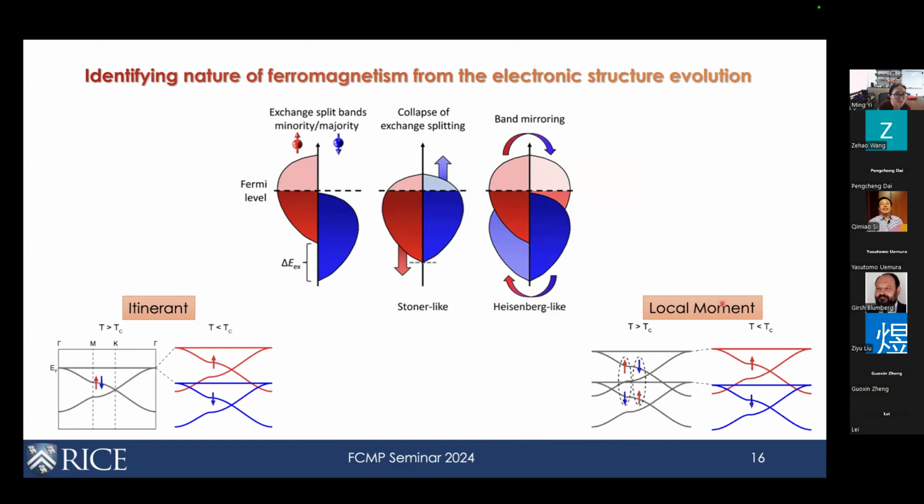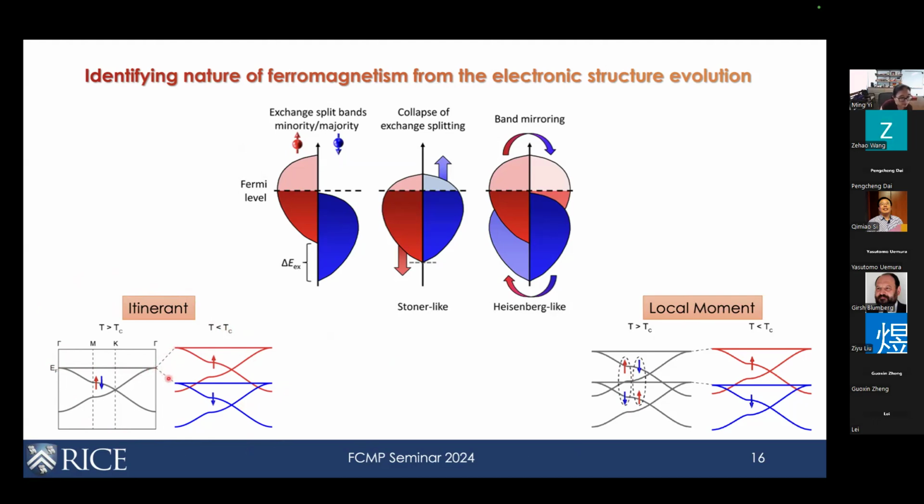As we know, there are two extreme limits of understanding the nature of magnetic order in quantum materials. In one limit, we have the Stoner type, where a large density of states at the Fermi level will spontaneously split into spin up and spin down bands, and this will generate the magnetization. So what one would expect is that you should see a splitting of the band happening exactly at the